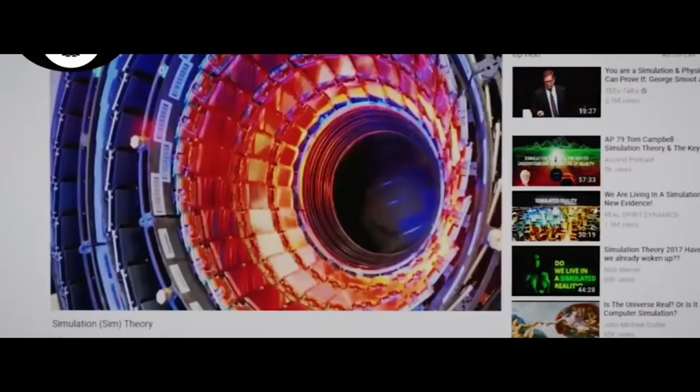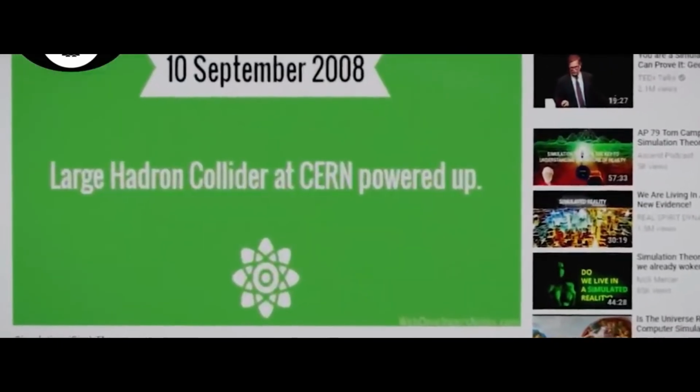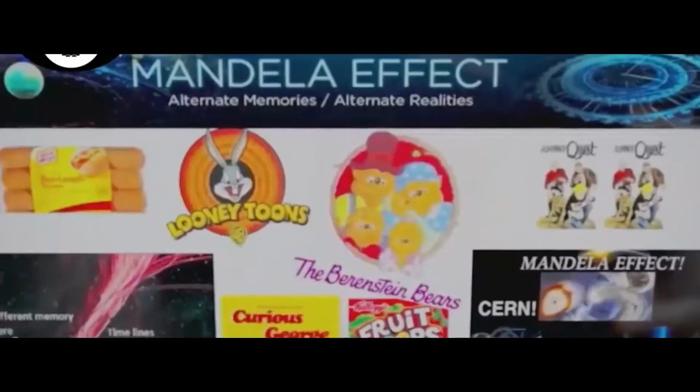Brendan continues to explore these theories, and then he sees on the forum that the Mandela Effect is caused by an experiment with a Large Hadron Collider created by CERN. The experiment is conducted in 2008 in Russia, and at the same time, many people experience strange phenomena, one of which is the Mandela Effect.